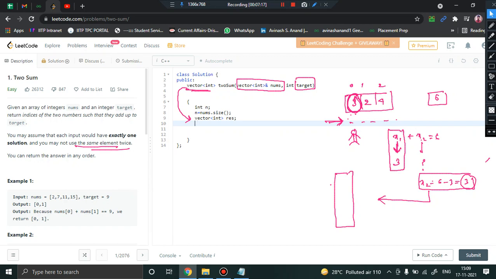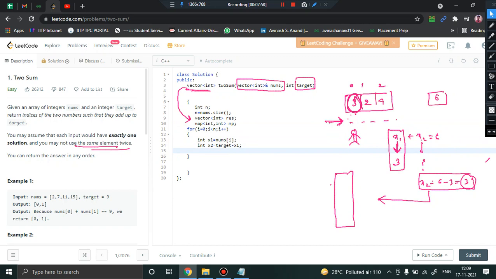So as I said, I need a map, so I will create a map of integer comma integer. Let's name it mp. Cool. Now for the iteration, i is equal to 0, i less than n, i plus plus, right? So what you have to do, let's create two variables. As I said, x1 is equal to nums of i, while I'm iterating, wherever the i is pointing, that will be my x1, and integer x2 I'll calculate immediately by saying it will be target minus x1. I hope you can understand from the equation.